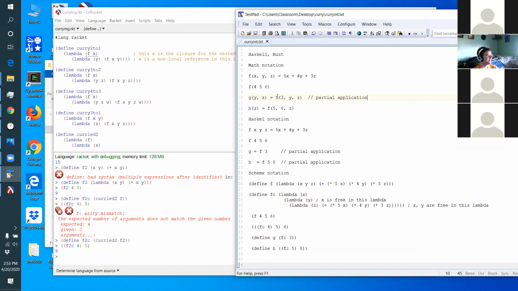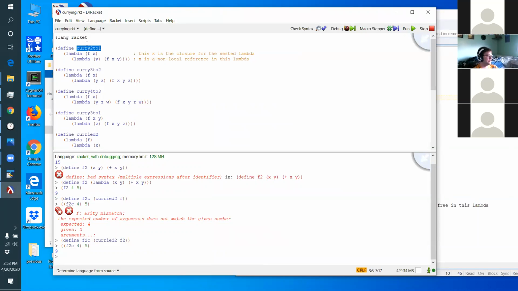It takes a function of 2 variables and applies one of the variables. Then this curry 3 to 2 takes a function of 3 variables and one parameter, and